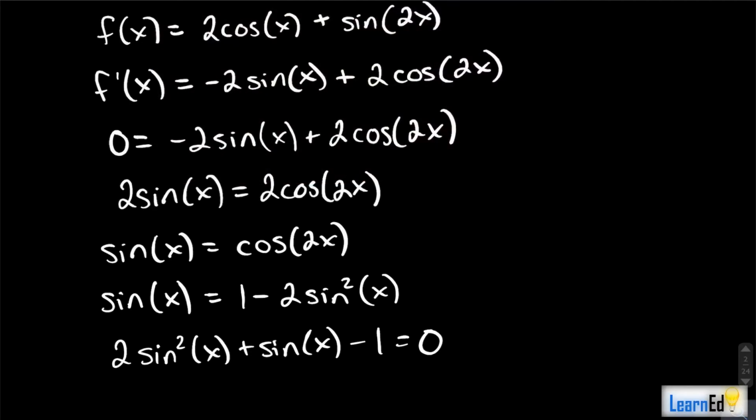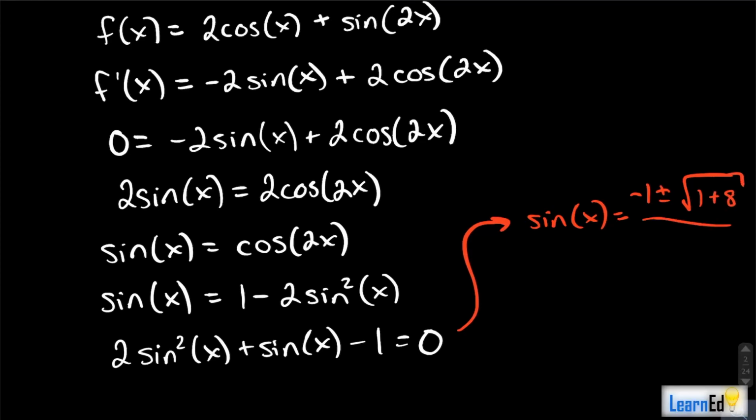So we perform the quadratic formula and we get what sine of x is equal to, right? So it's equal to negative b, which is negative 1, plus or minus the square root of b squared minus 4ac, which will be plus 8, all over 2a, 2a being 4. Okay, so